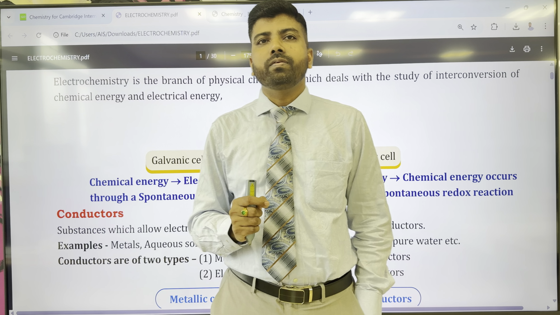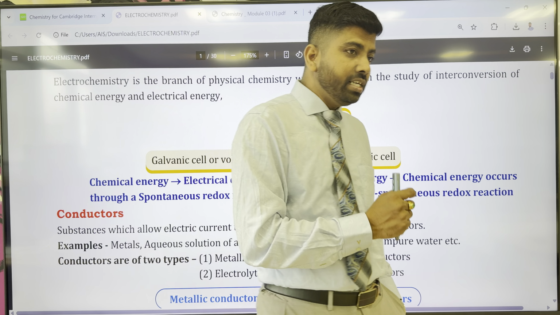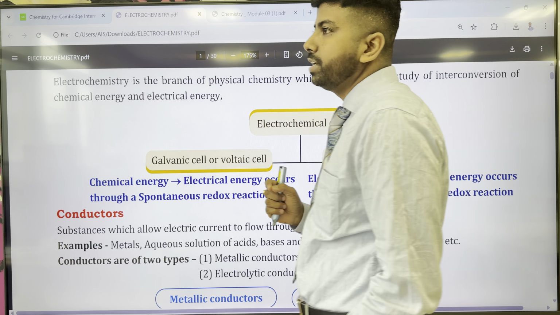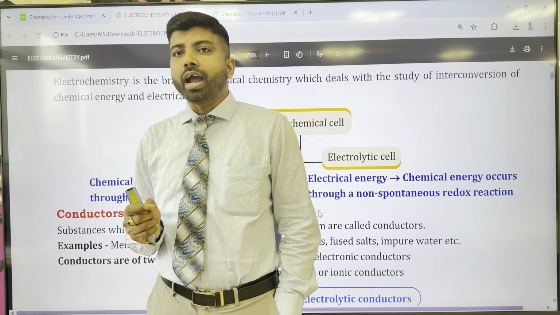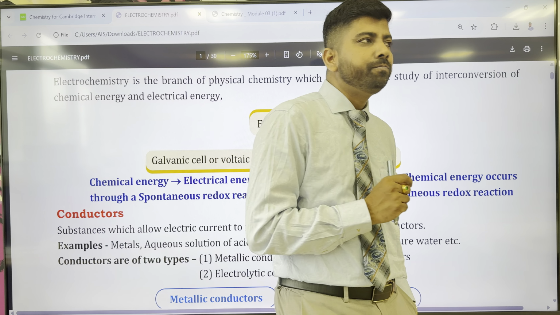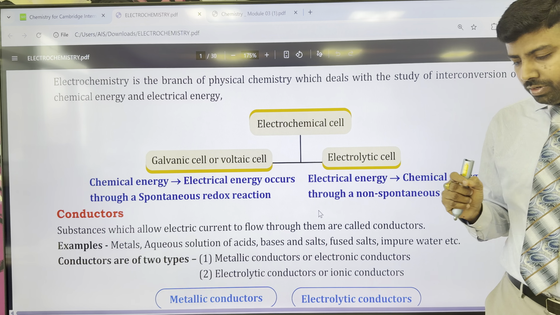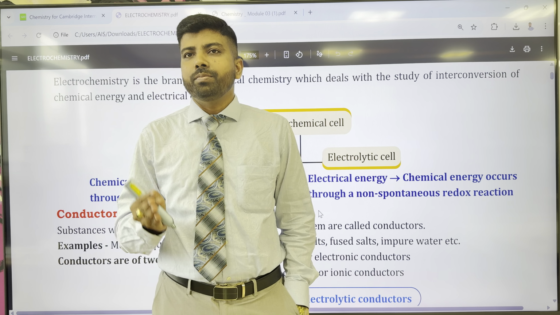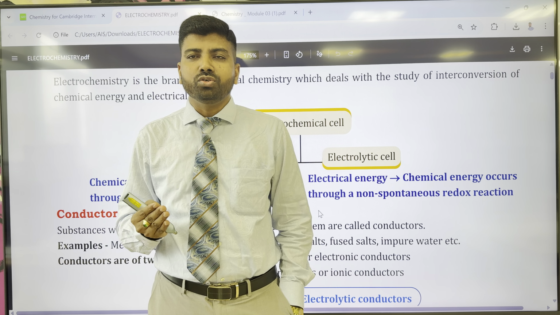Electrochemistry is a branch of physical chemistry which deals with what? The study of interconversion of electrical energy to chemical energy and chemical energy to electrical energy, vice versa, right? And in this electrochemistry chapter, we will study about electrochemical cells, and the electrochemical cells can be classified into two